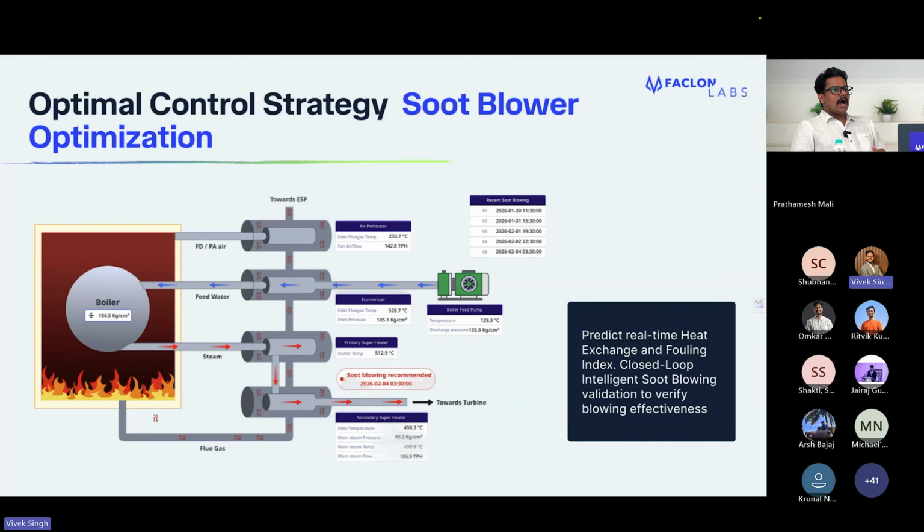Sure. Another example is in power plants. We have soot blowers. In power plants, we use coal and burn it so that we can convert that heat energy, use water to convert it into steam, and then from steam we generate power, right? Now, whenever we burn coal, it produces ash or soot, specifically. So that soot clogs the entire furnace.